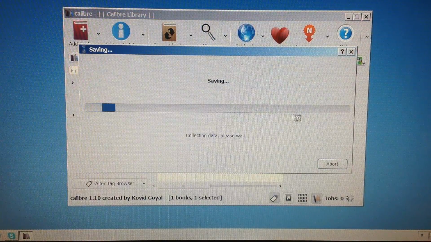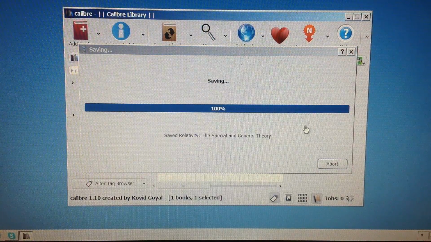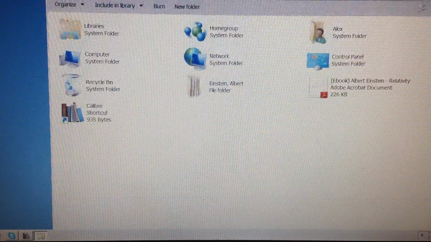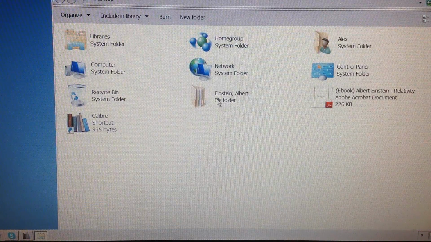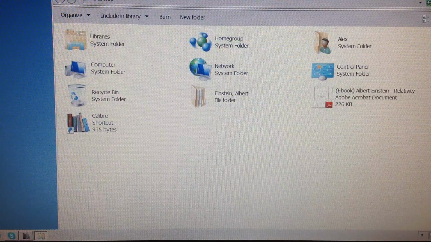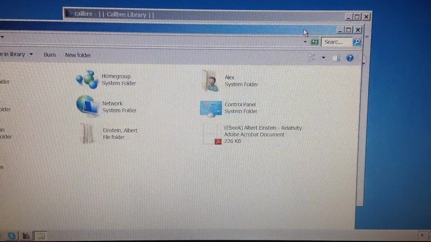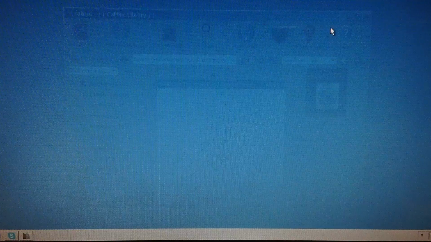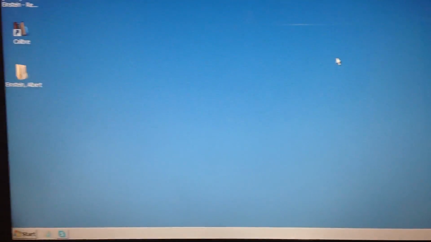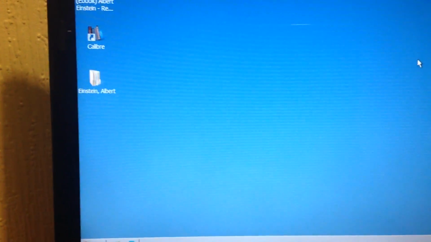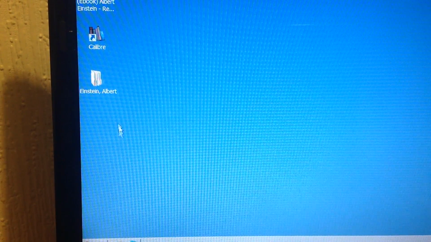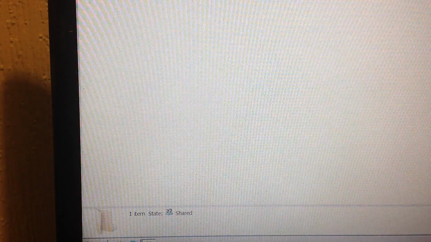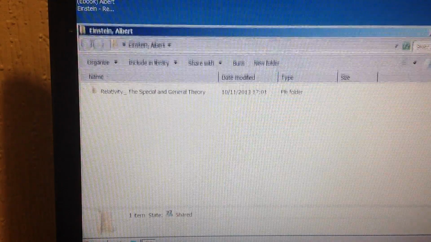It's now saving it to the desktop, and it will open the desktop here. As you can see, the Recycle Bin, Albert Einstein folder there. I'll just close that down anyway, and close Calibre now because we've finished with that. And you can see on my desktop, if I move along, we've now got the Albert Einstein folder here. If we go into it, and if I just reduce that in size,